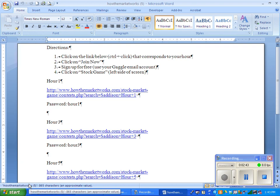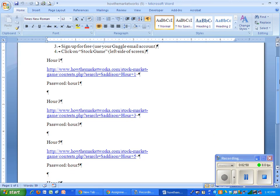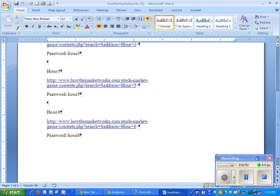you need to find your particular hour. So hour 1, 2, 3, 5, and 8. And each hour has a different password, because each hour is going to be in a competition. So let's just take a look at hour 5. Password's hour 5, no space between hour and 5. If you control click on this link,